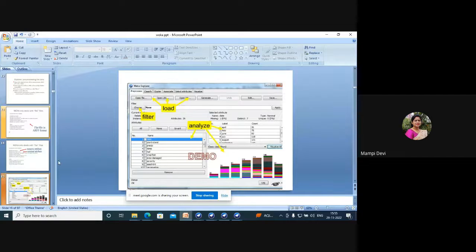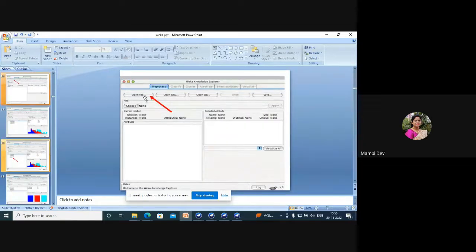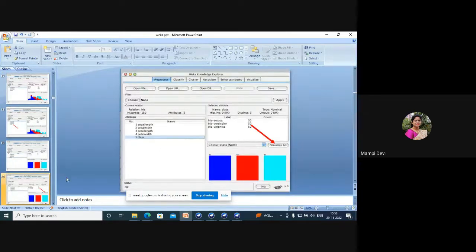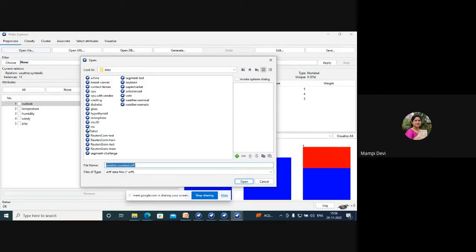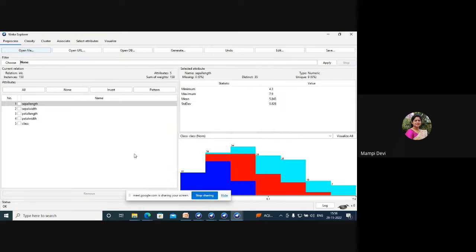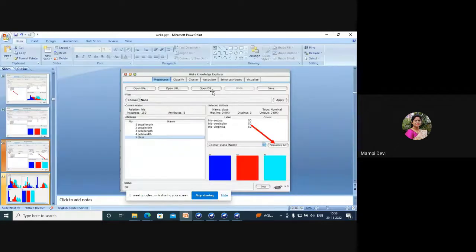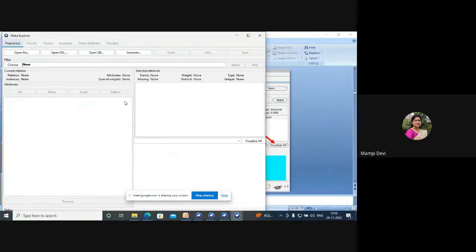So you can open it in this way, and you can see the attributes. Here the iris dataset is uploaded. You can also upload the iris dataset. Open file, the iris dataset is here. Open. You can see sepal length, petal length, width and class. There are so many datasets available. Whichever one you want to work with, or you can work with your own dataset also. Next,